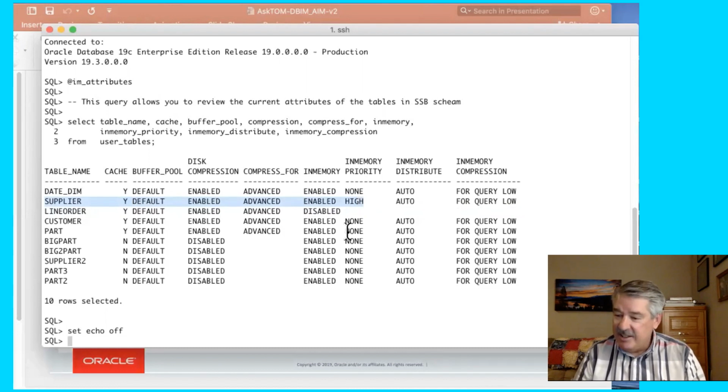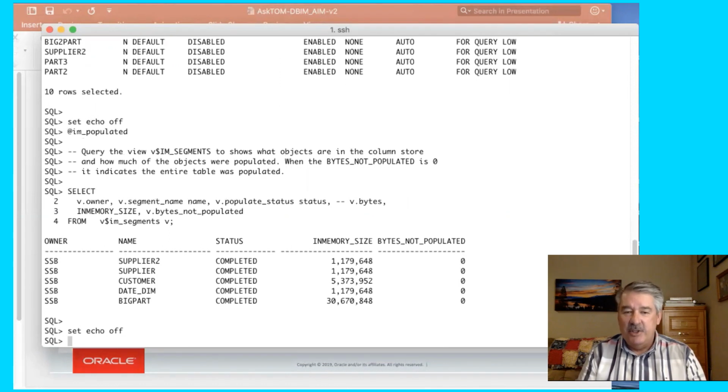So that gets the basics out of the way, but I did want to show what we have currently populated. I have the two supplier tables. Basically, I have the star schema benchmark, and I had to make some more objects, so I just duplicated existing objects, no big deal. What I have is the two supplier tables, customer, and date dim, not huge, but then the big part I added,